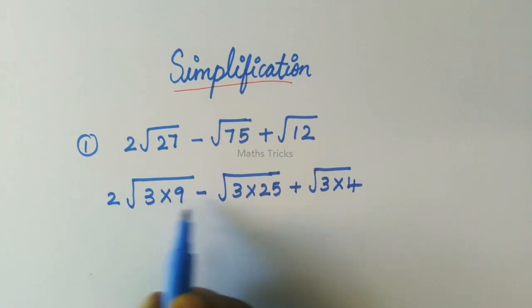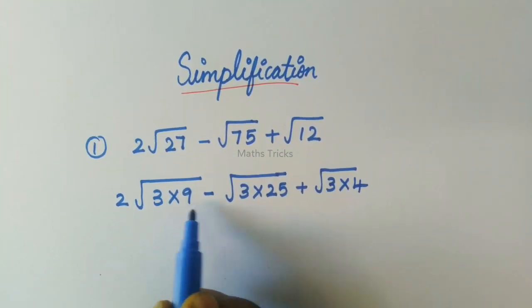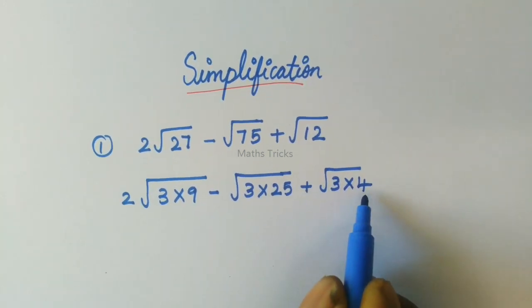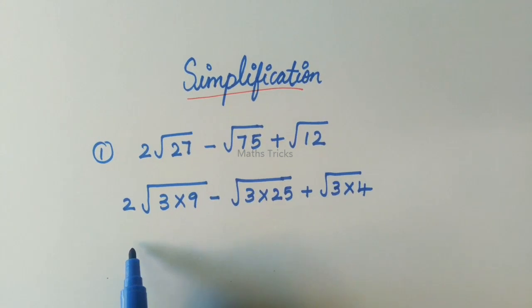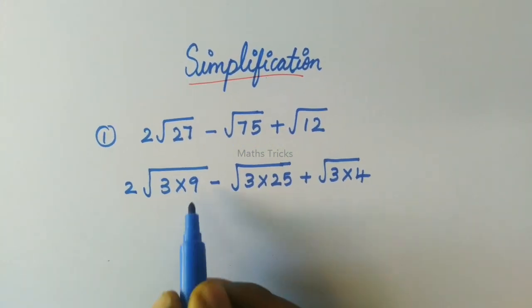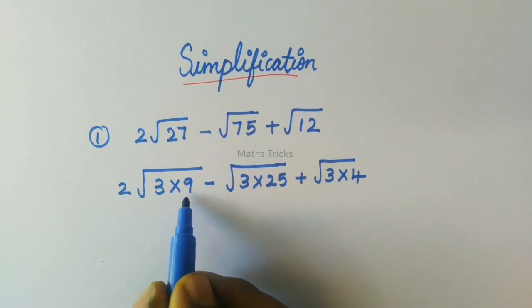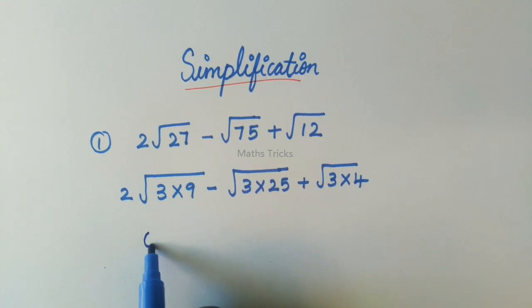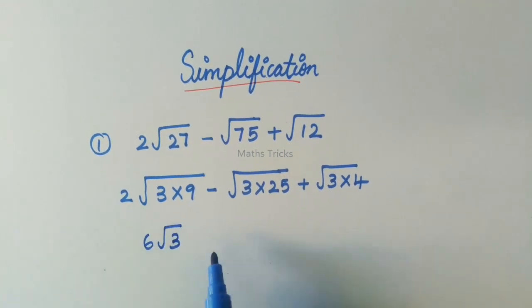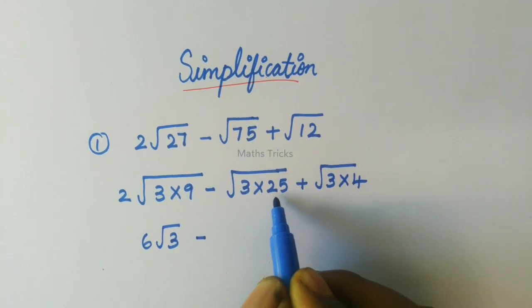Now we take the square roots of 9, 25 and 4. These are all square numbers, so we can easily take the square root. What is the square root of 9? We all know it is 3. So we multiply this 3 into 2, that is 6, with root 3 remaining. So 6 root 3 minus the square root of 25, which is 5,